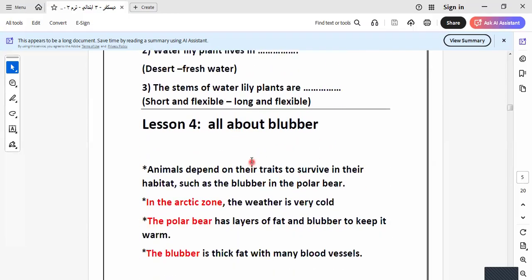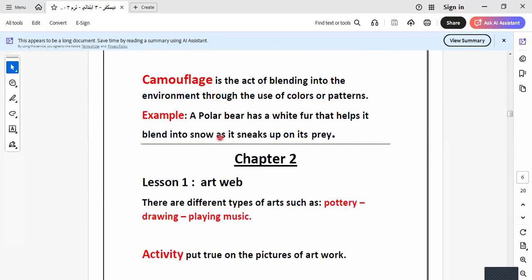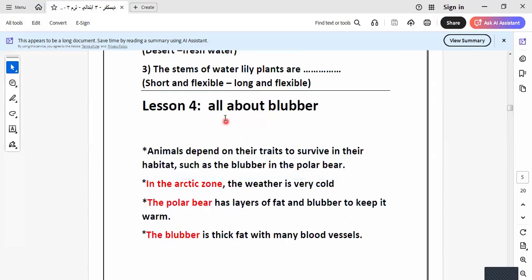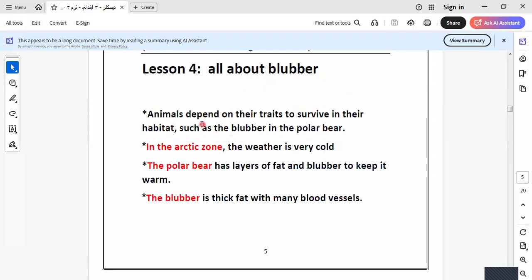Here is blubber. Let's go to the blubber. The last lesson in this part. All about blubber. Okay, blubber means the thick skin of an animal. What is it all about? Animals depend on their traits. Why traits? To survive in their habitat, such as the blubber in the polar bear. So this is the strong thick skin for this animal to help it